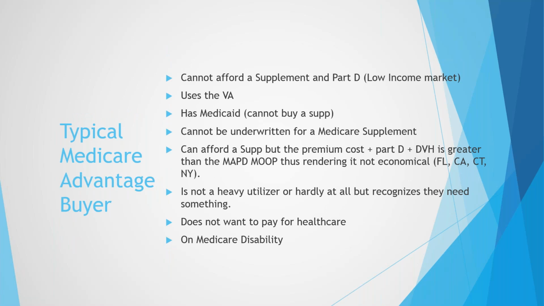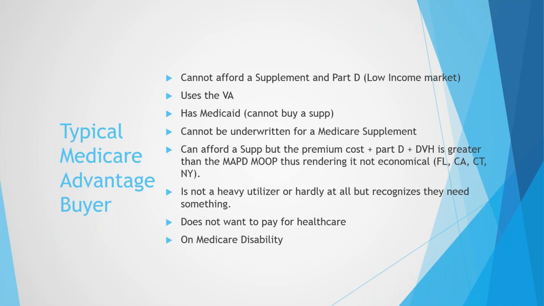Typically, someone who cannot afford a Medicare supplement and a Part D. That's usually the bell ringer. Somebody who can't handle $200 a month, or that $200 a month is going to be the stress of the world on them, and they're not sure they're going to make it for the next several years. So you've got to listen in on that one. If you start to hear the pushback on the money and the premiums, and they can't afford it, you know right then and there you don't have a Medicare supplement buyer. You've got a Medicare Advantage buyer.